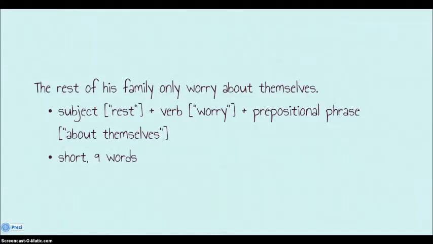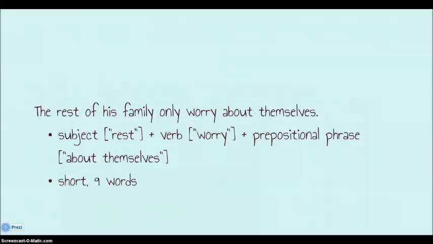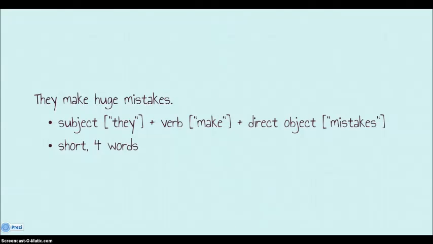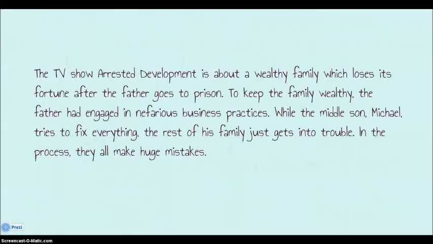The rest of his family only worry about themselves. We have a subject, a verb, and a prepositional phrase, but remember, all of these sentences are starting with subjects and verbs, and again, they're all very short. This one's only 9 words. And the last sentence, they make huge mistakes. We have subject, verb, direct object. And that's incredibly short at only 4 words. Not to say that short sentences are bad, just that when you have so many of them in a row, it gets really repetitive. Let's take a look at this paragraph if we were to revise it and add more